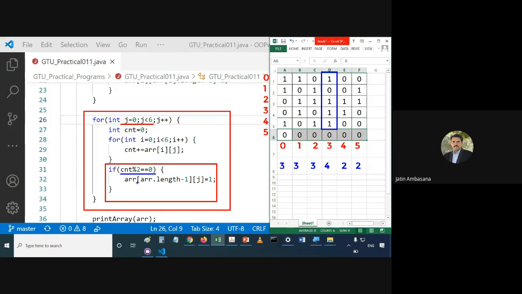Then what we do is we use the last element of that particular column by saying ARR of ARR dot length minus 1, that is 5, and this jth location. So for this particular column, it is this value,